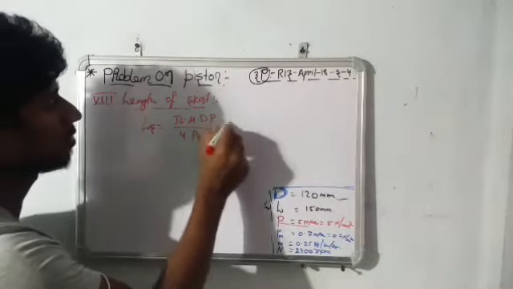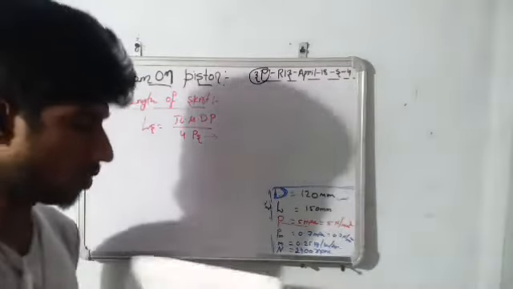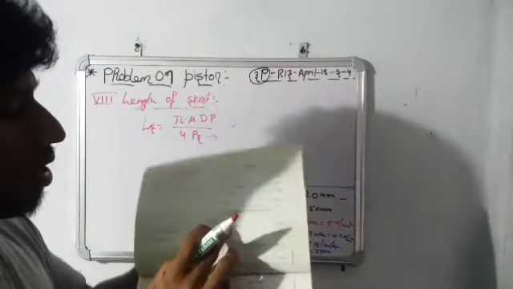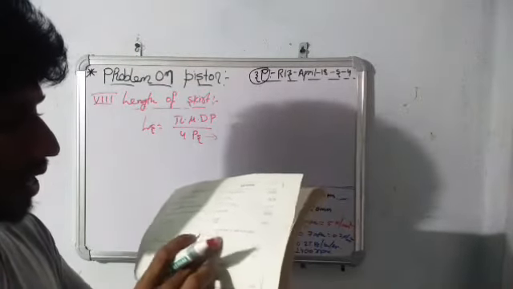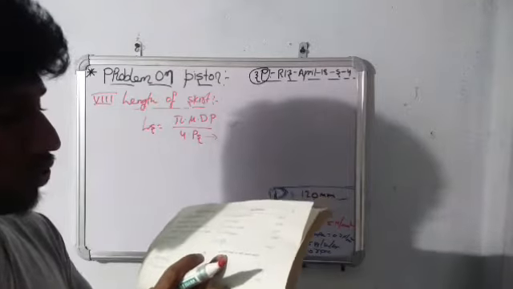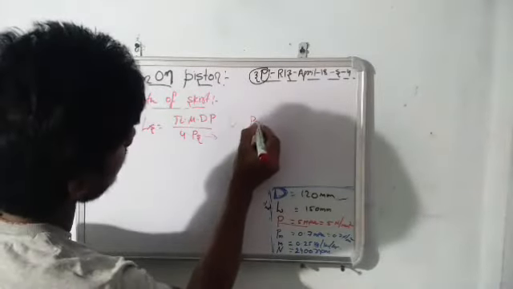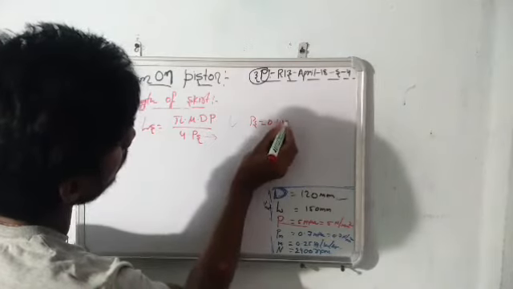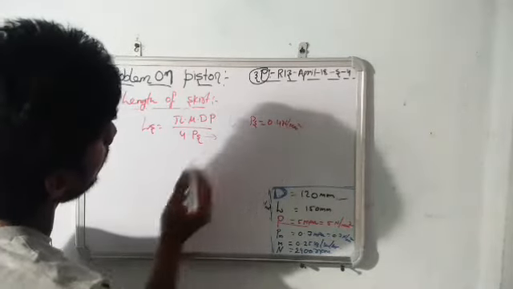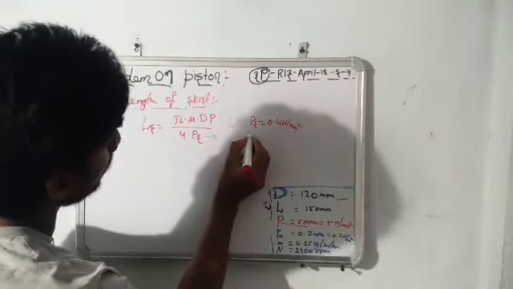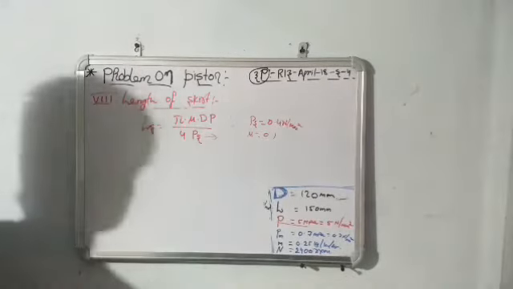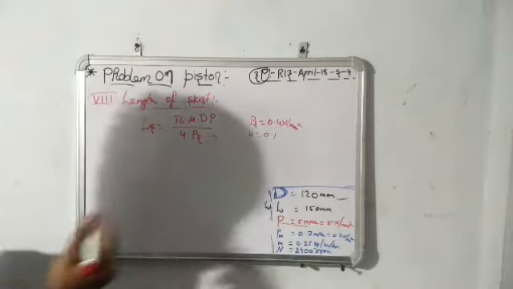Here we don't know the side thrust pressure and the value of the coefficient of friction. For those values, go to the design data book. We find that mu is 0.1 and PS is 0.4 Newton per mm square for high speed engines. It is a 4-stroke engine, so PS is 0.4 Newton per mm square and mu equals 0.1. These are the values considered from the design data book.